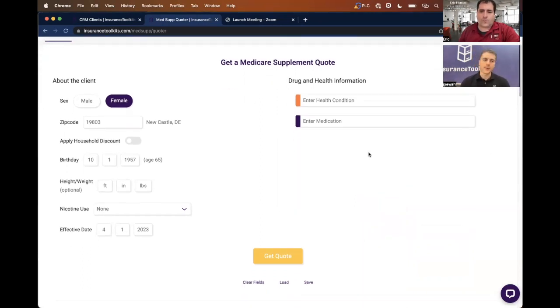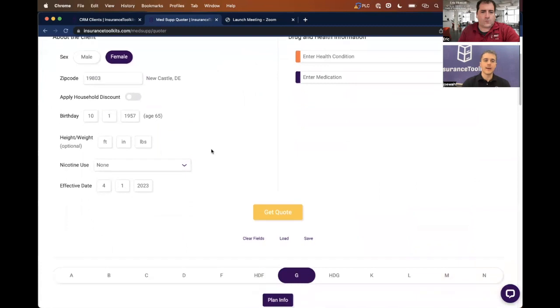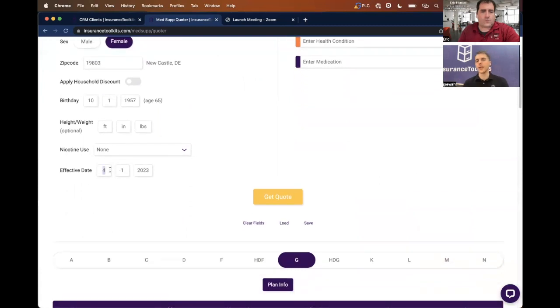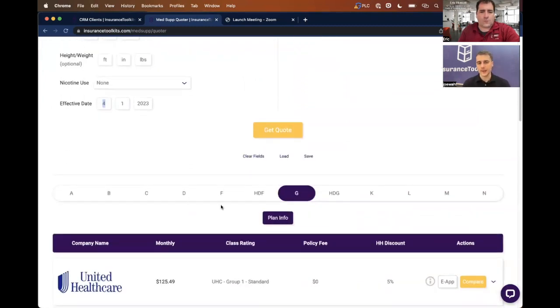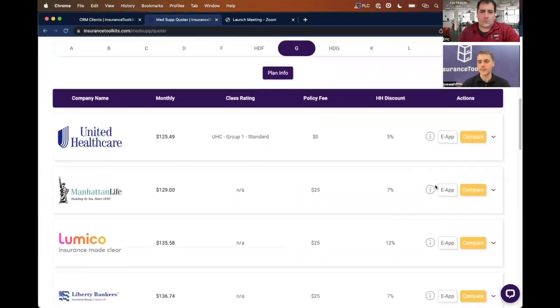I'm not going to go into all the details of a MedSup here, but you enter the zip code here because the rates depend on where the client lives specifically, not just their state. The effective date is important if they're aging in the future. Then, of course, the plan letter. This is all training that FFL can provide to you, but FGN, it depends on what you're selling, and we're actually the only quoting system that will give you the information on what's called the